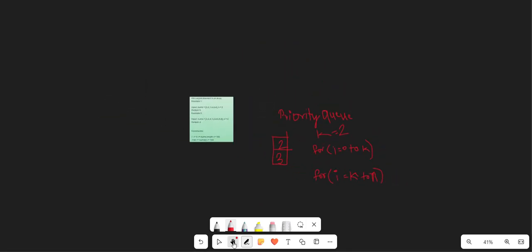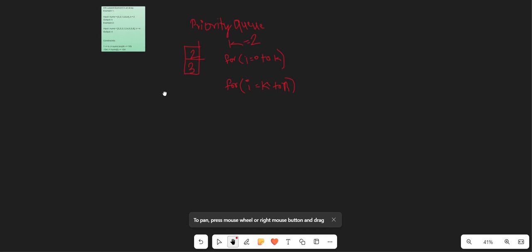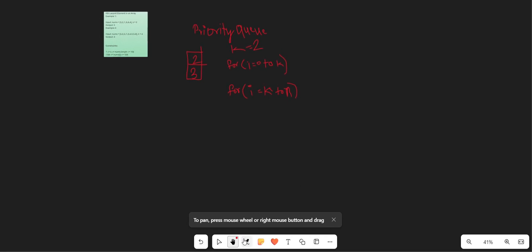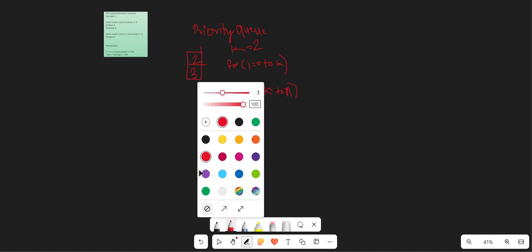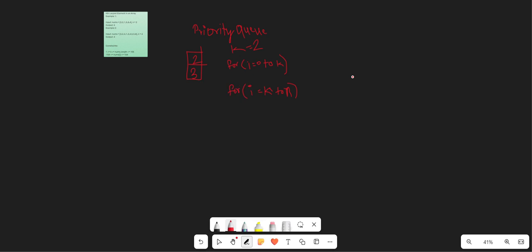Let's make some more space. After coming 2, my i is 3, so I will check the priority queue's peek element.